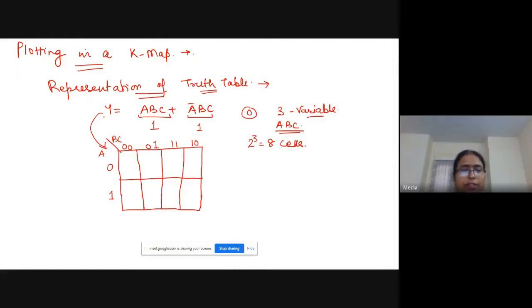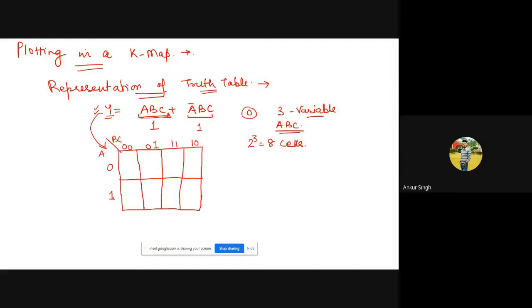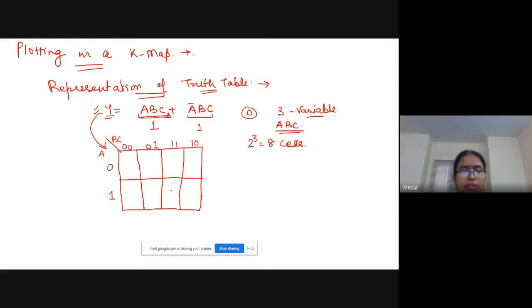So for A, B, C, if we have to plot this Boolean expression in the K-map, what will we do? We will put 1 for ABC. Which cell represents ABC? ABC means A is 1, B is 1, and C is 1. This is ABC. Put 1 here. Clear? Next term is A bar BC.